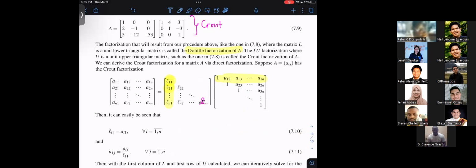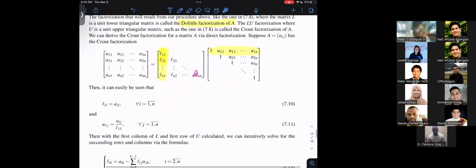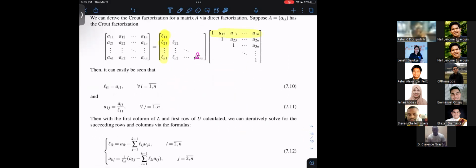So you're going to get the values of the first column of L and the first row of the matrix U. And then from there, we can successively find the values of the second column of L. I mean, we need to determine this one followed by this one, and then this one followed by this one, until we determine all the entries. Well, how? To get the entries on the second column of the matrix L, what I'll do is